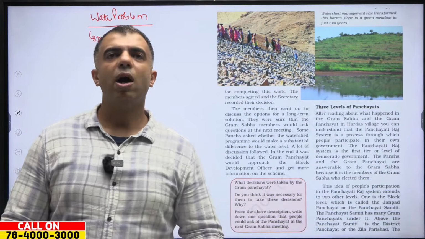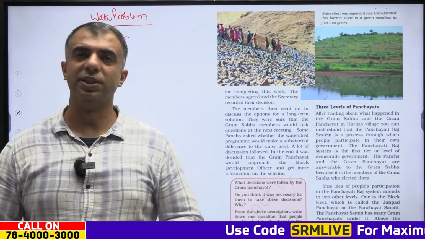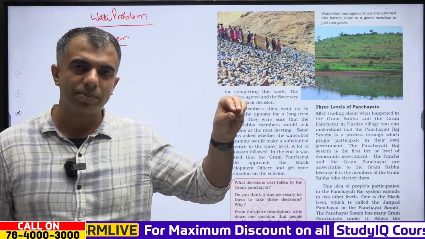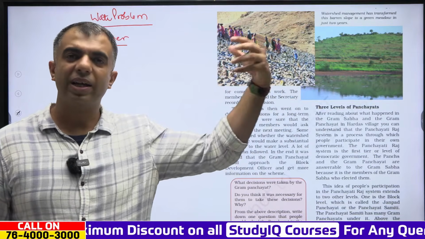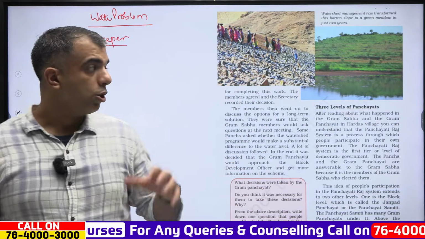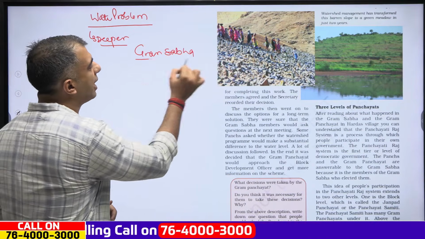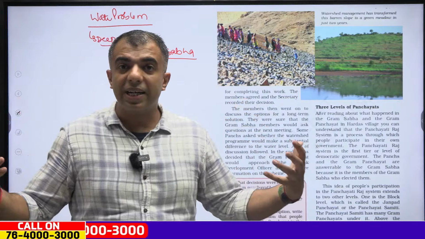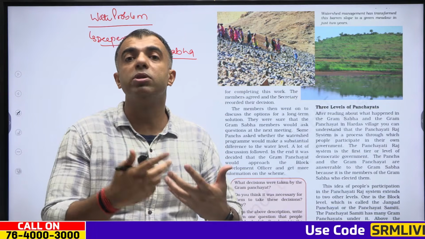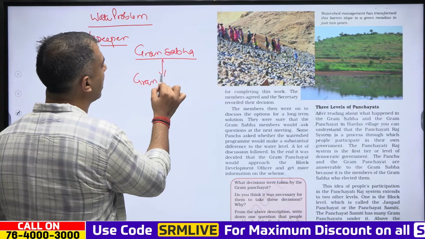Clear? Chalein. Now when we move further, this topic also details the levels of panchayat. We have read in this topic what has been happening with the gram sabha. When members of the gram sabha meet, what do they decide? And what the gram panchayat does. So we can understand that gram sabha is essentially the most basic unit, wherein all representatives, all members of the village come together to discuss what all the issues are and how they have to be resolved. After them it is the gram panchayat,